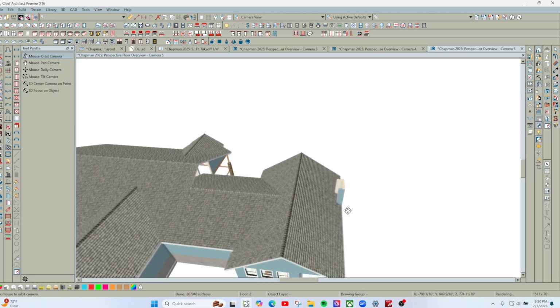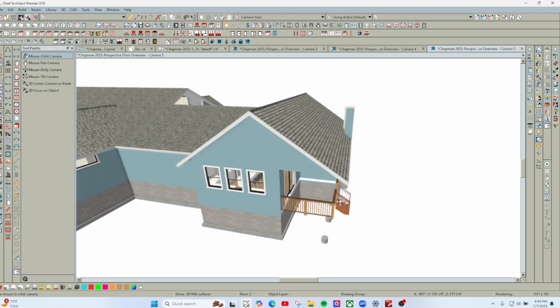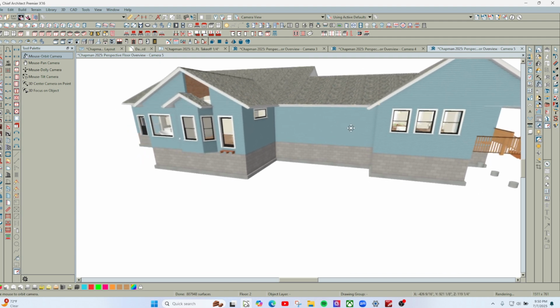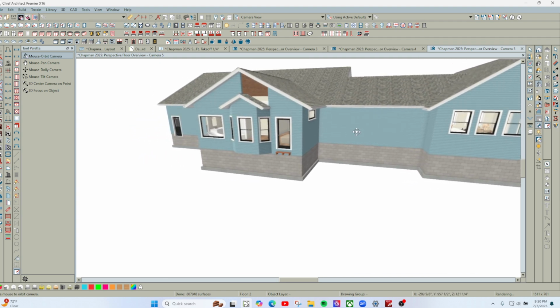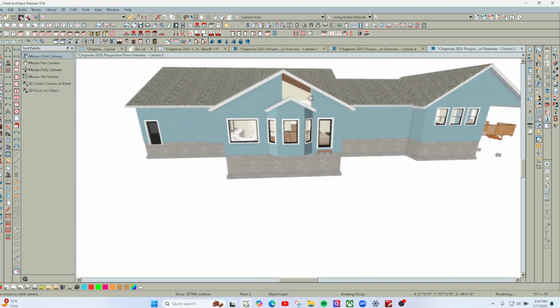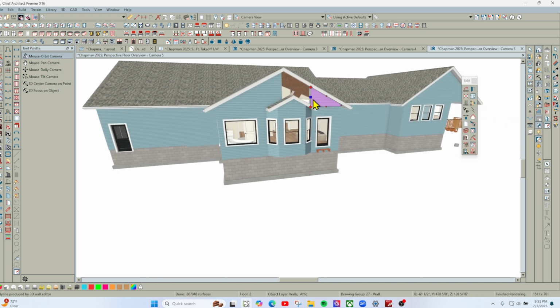Let's take a look and see what we got for looks on the outside. By doing this and putting the bathroom and laundry room here, I haven't put any windows on that back wall. Not sure what we're going to want. Need to correct that roof. I think this roof just...